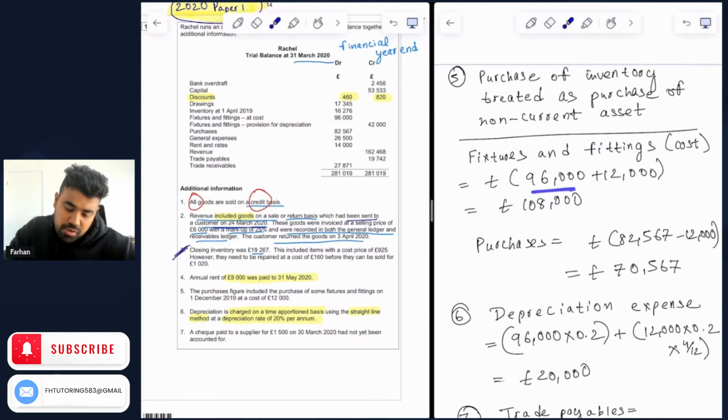Okay, so what we are doing there is take £96,000 and then we are subtracting £12,000. So what we are doing here is first taking the cost of fixtures and fittings of £96,000 that is given in the trial balance, and then adding £12,000 to it. This is because